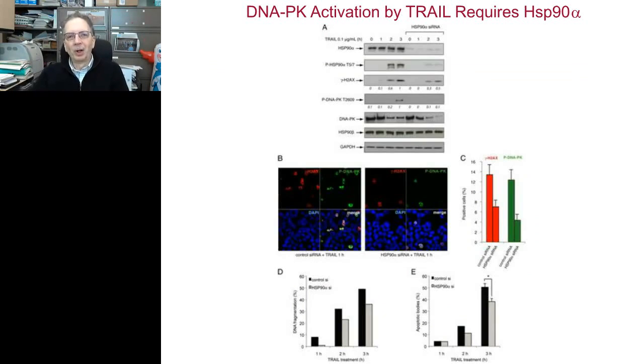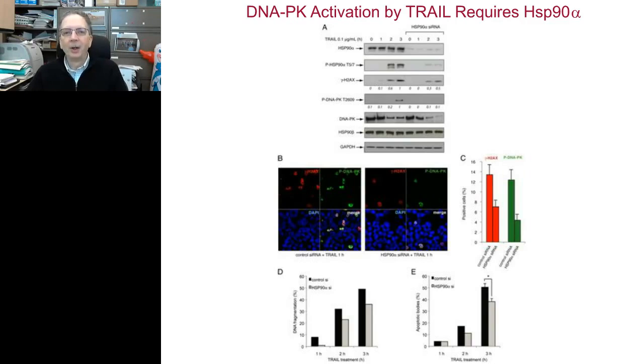Here, to make things a little more complicated, we're showing that DNA-PK activation by TRAIL actually requires HSP90 alpha. If you remember, I mentioned a short while ago that DNA-PK is a client of HSP90, and so HSP90 is required to maintain the kinase in a metastable state that is able to respond to TRAIL-induced activation. And here we're showing, in fact, that in cells where HSP90 alpha is knocked down with siRNA,